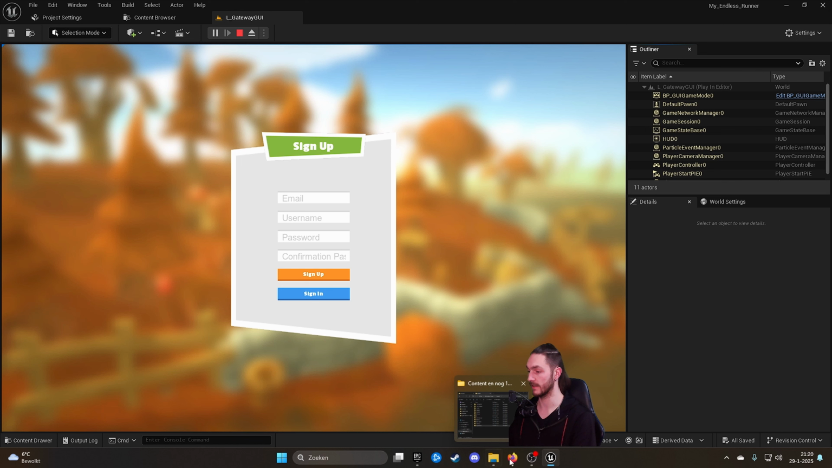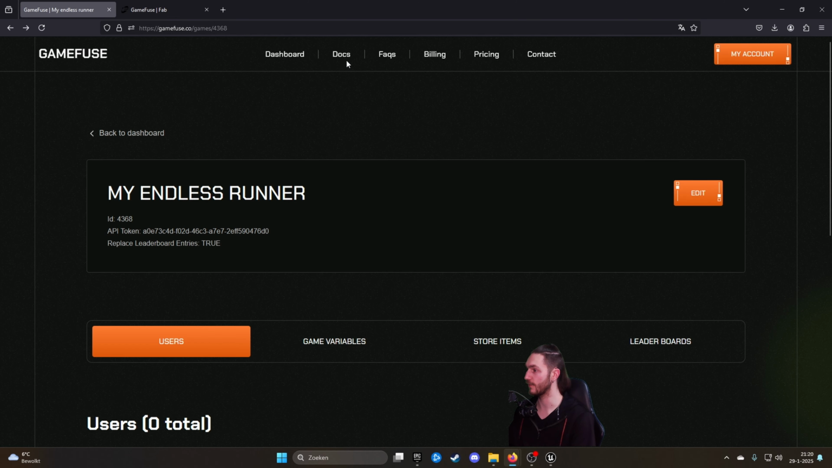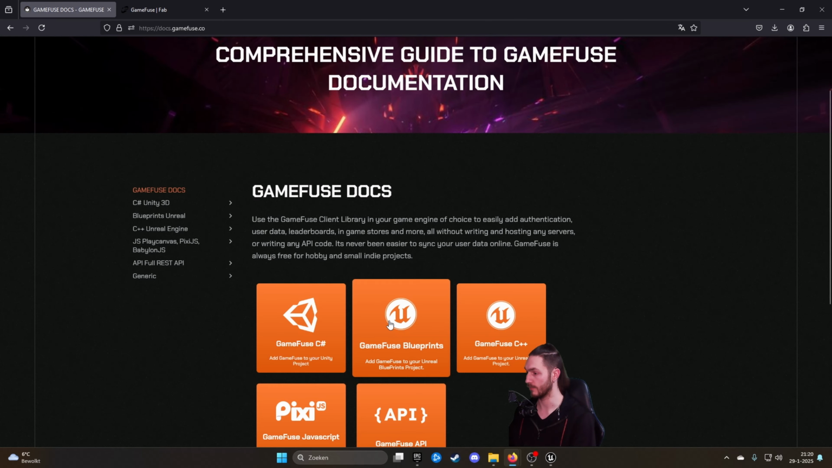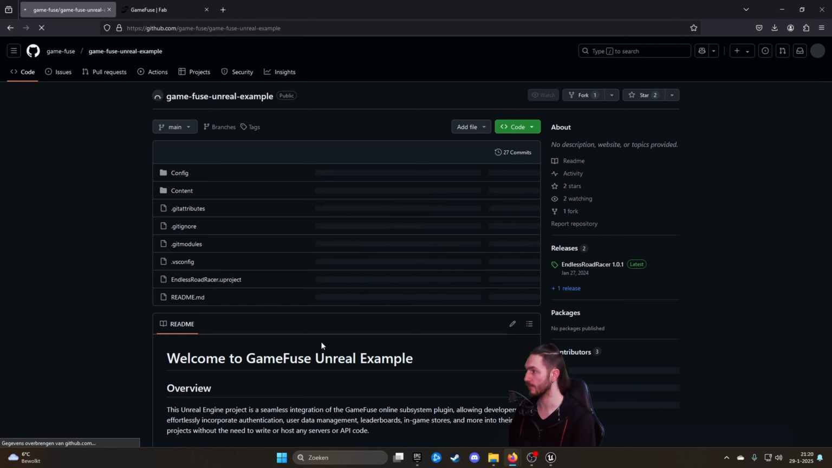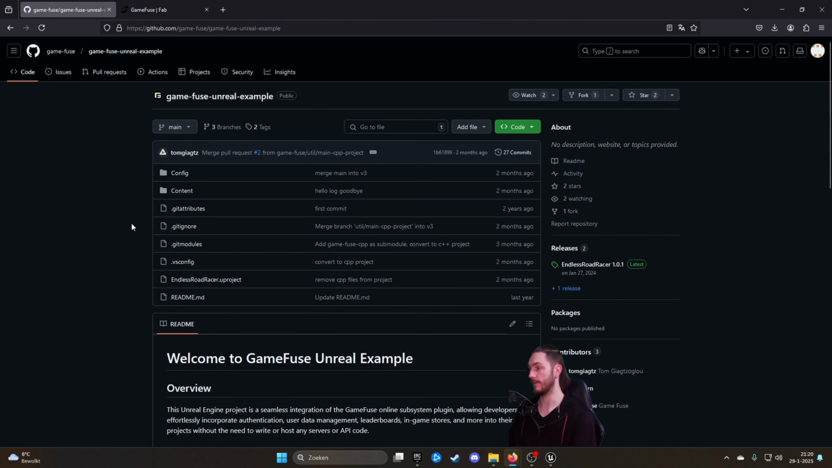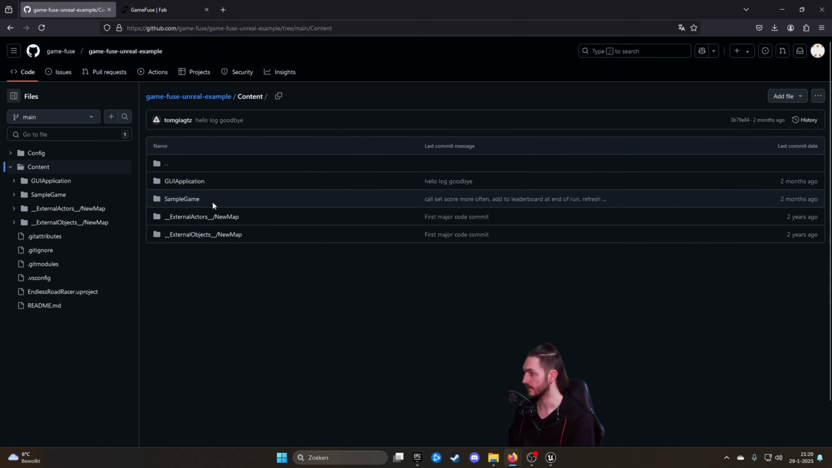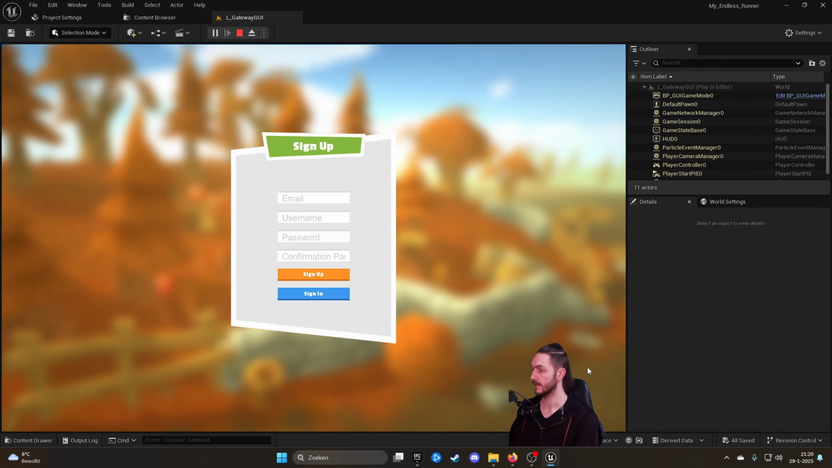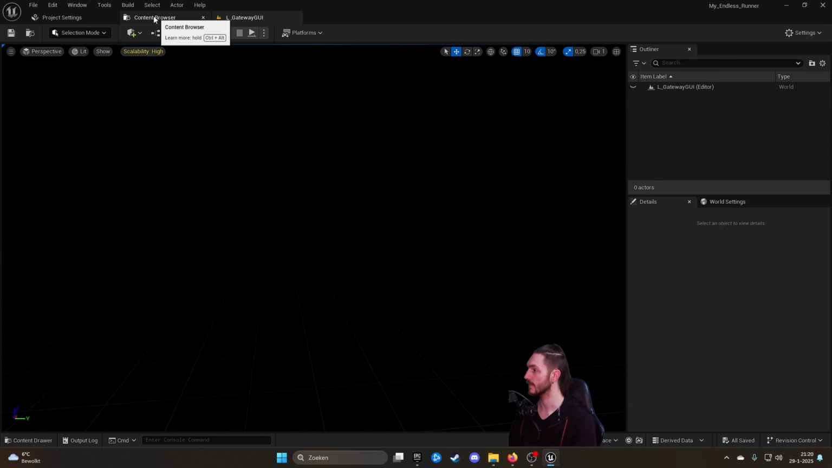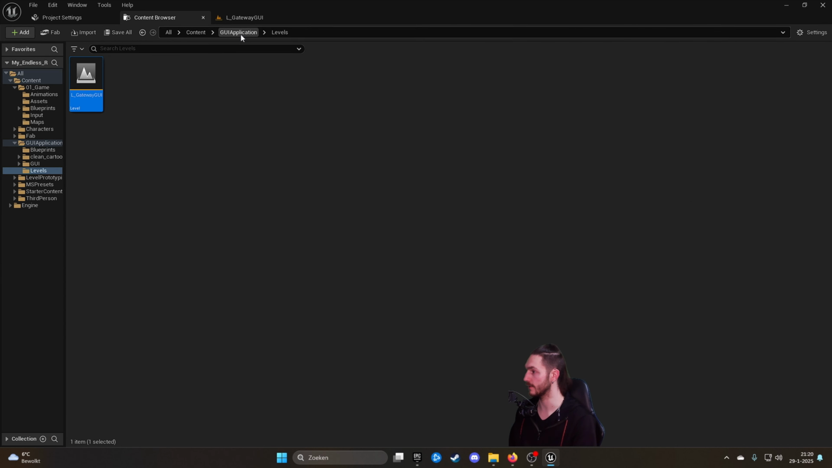The folder I just gave you guys is basically from GameFuse. If you go to docs and then blueprints, go down here, you have an example project. This one from GitHub. I basically extracted the content from this folder, so it's easier for you guys to implement it in your game. Otherwise the movie will be very long, so we make a shortcut of it. But now this game is connected to their database, and we want it to be connected to our database for our game. So we press the stop button again, go to content browser, GUI application,